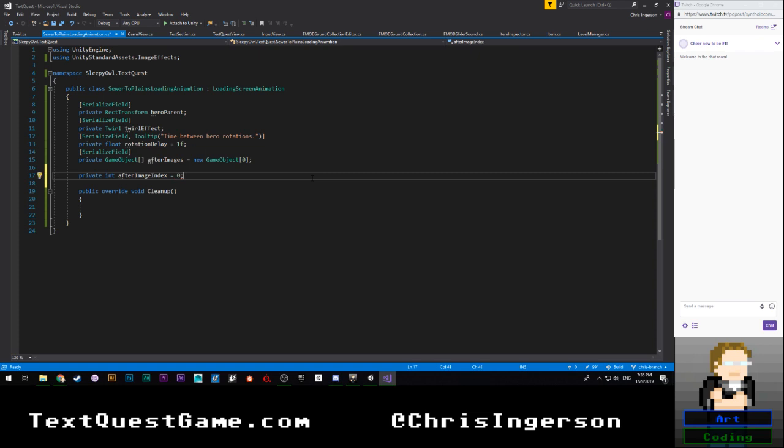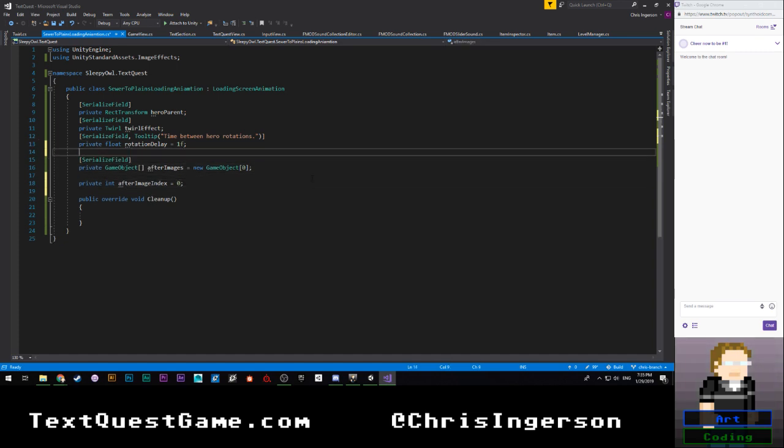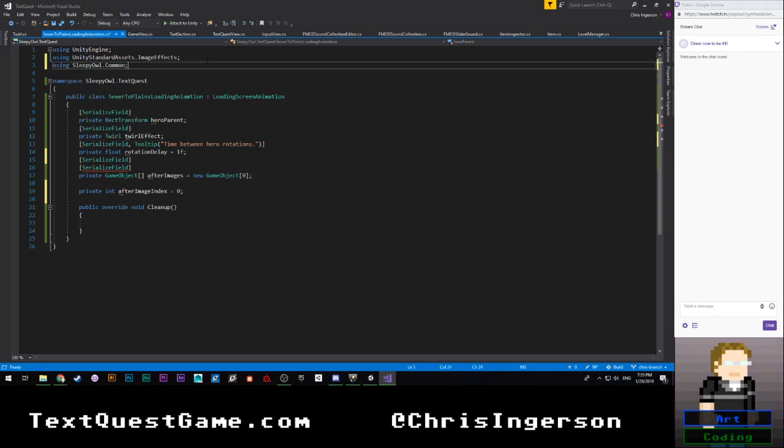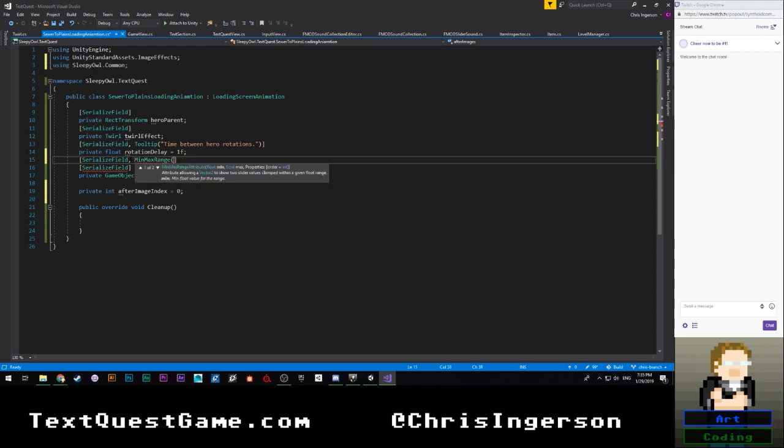We're going to need... kind of trying to keep track of all this in my head currently. Oh, we need the scale range. So we're going to go ahead and say up here, serialize field. Yeah, okay, hold on. Using SleepyOwl.Common. Range, max range. And we're going to say,